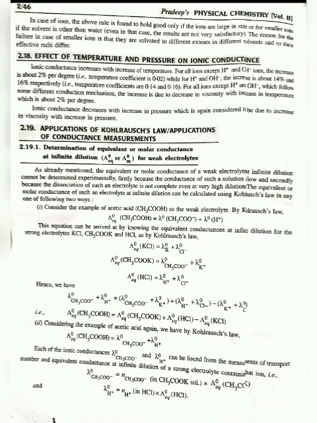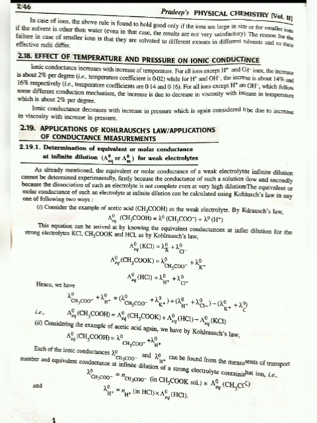Next heading, 2.18, effect of temperature and pressure on ionic conductance. Ionic conductance increases with increase of temperature. For all ions except H positive and OH negative ions, the increase is about 2% per degree, that is temperature coefficient is 0.02,